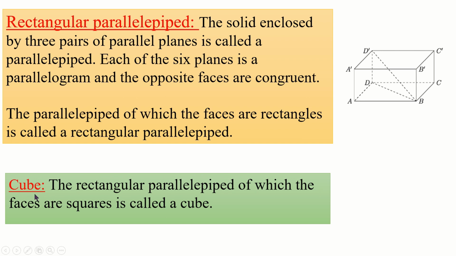follow another definition. Cube: the rectangular parallelepiped of which the faces are squares is called a cube. Follow here, that means this face, top face, bottom face, this side and this side, all faces are squares, so this is called a cube. And for a cube, the length, breadth, height all are equal. Okay,